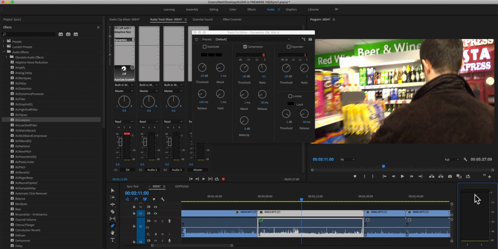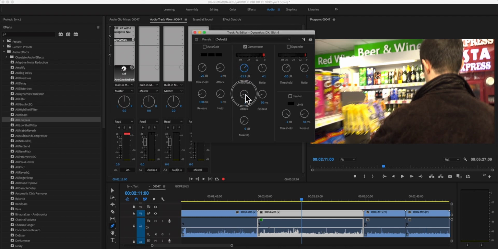Hopefully that was just internal software distortion, not actual clipping into the audio recorder, which is more of an issue, which you'd need Audition to fix. If you see peaking here, sometimes it's just because you're running it too hot in Premiere itself. But you can see, I'm going to play this, and I'm going to